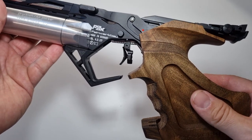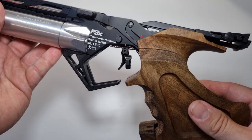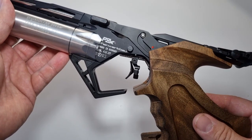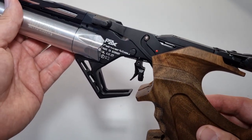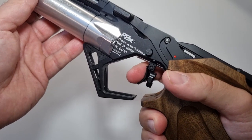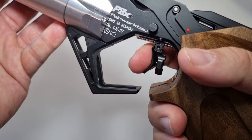The trigger is a strong point for this model, although it is a mechanical trigger. It is extremely smooth, crisp and precise. Some say it rivals the electronic trigger of other manufacturers. Like any competition trigger, it has two stages. The first stage is around 400 grams. Then there's a very clear wall. That is the second stage. To overcome this wall, another